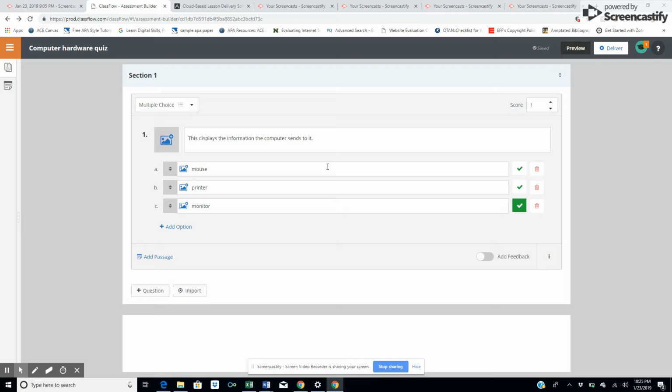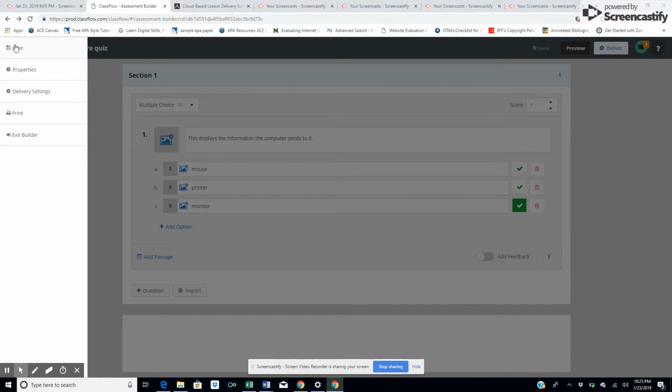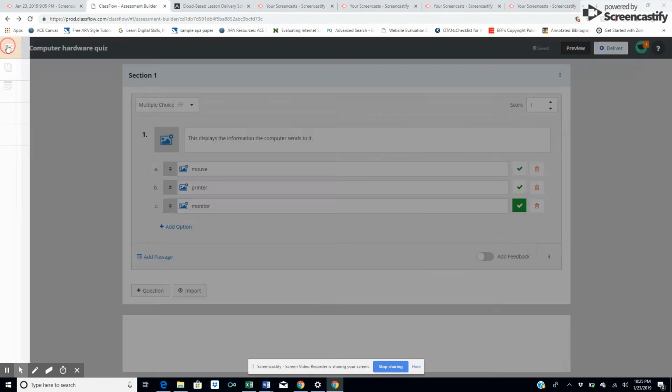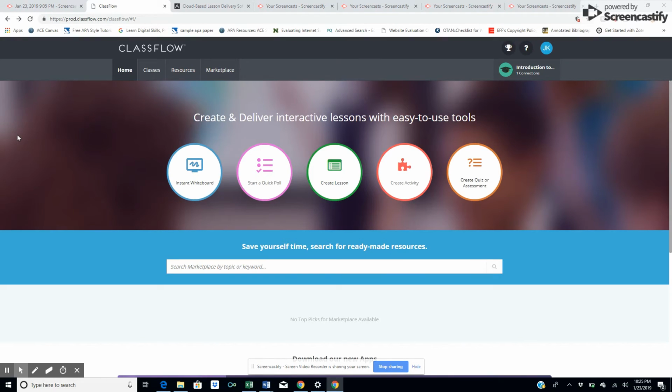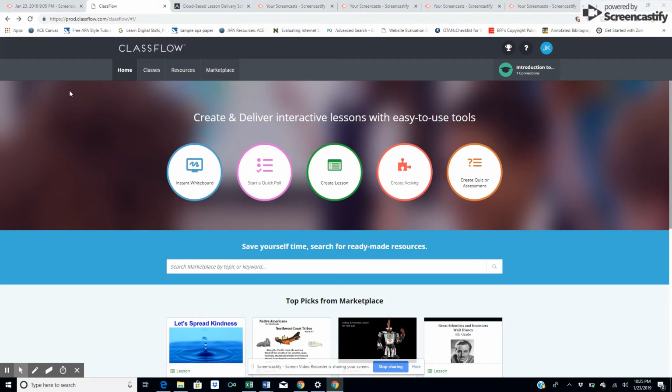Now, if I'm happy with that, as the person creating the assessment, I need to save the assessment. So it's up in the upper left corner. We can click save. And then we can choose our options again and then choose exit the builder. Now, as we create assessments or we create lessons, they move to the tab called resources. So if I click on the resources tab,